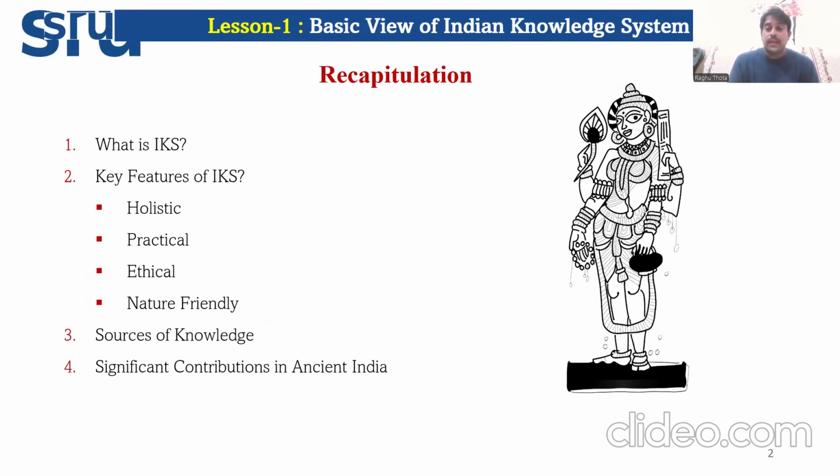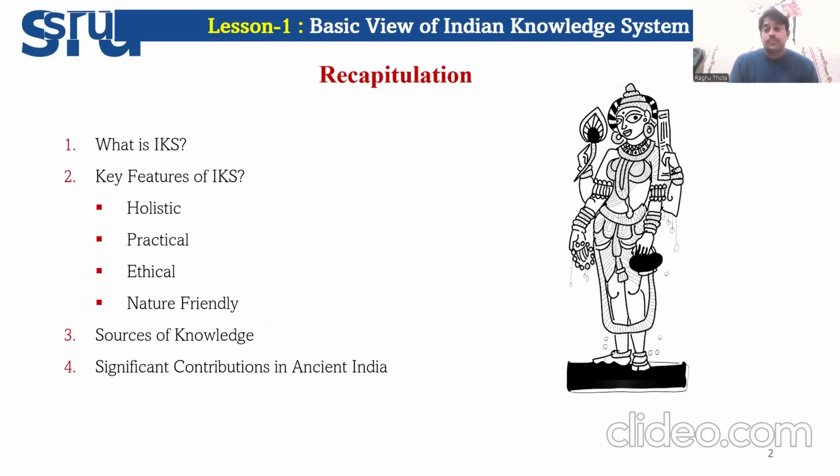There are many examples for that. For example, if you take health and wellness, in ancient times our ancestors firmly believed that a healthy body gives a healthy mind. That's why they introduced yoga. They did many yogasanas. If you are physically fit, they firmly believed that you are mentally and psychologically fit too. And their contribution to mathematics is remarkable. Can we imagine modern mathematics without zero, which was invented by one of our ancestors, Aryabhatta? Can you at least imagine that?